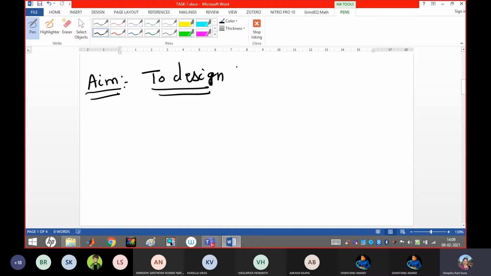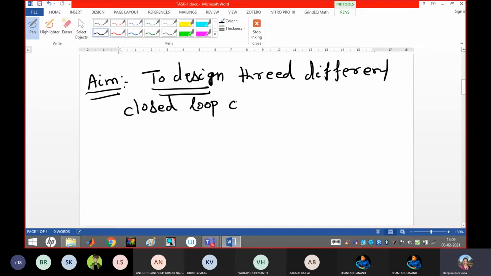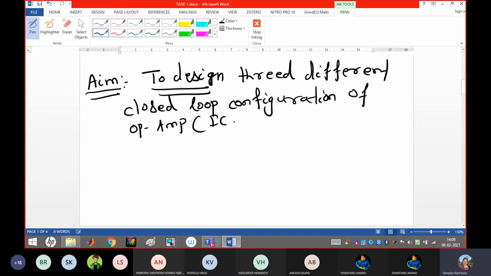Your aim should begin with to design three different closed loop configurations of op-amp, or in brackets you write IC 741.